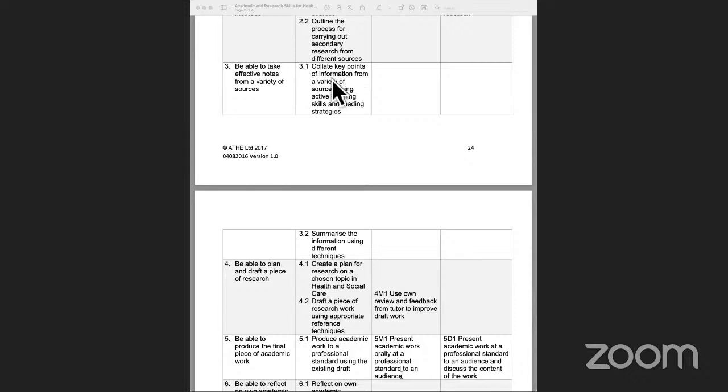Very briefly, one, collate key points of information from a variety of sources using active listening and reading strategies. And the second would be summarize the information using different techniques. So what we are going to do is go through a bit of presentation and a video, and that would